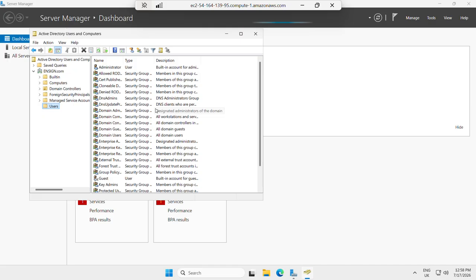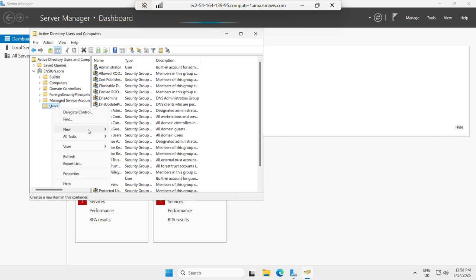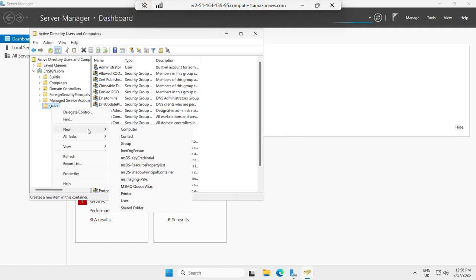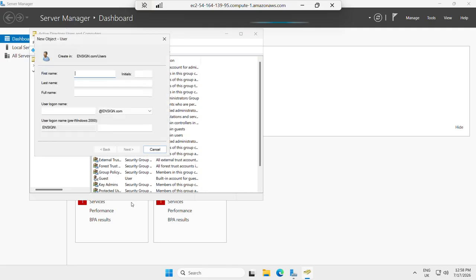Now from user, I will right click on users. Then I choose new. I go to user, choose user. Now first name, I write domain. Last name, I write administrator,